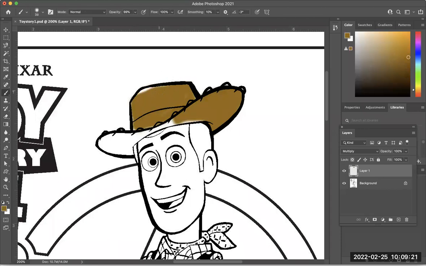If you know some traditional art techniques with shading, you can come back in with a different color and paint over the area. So for example, on here, I can come in with a little bit lighter color and maybe a little bit smaller brush, use my bracket keys